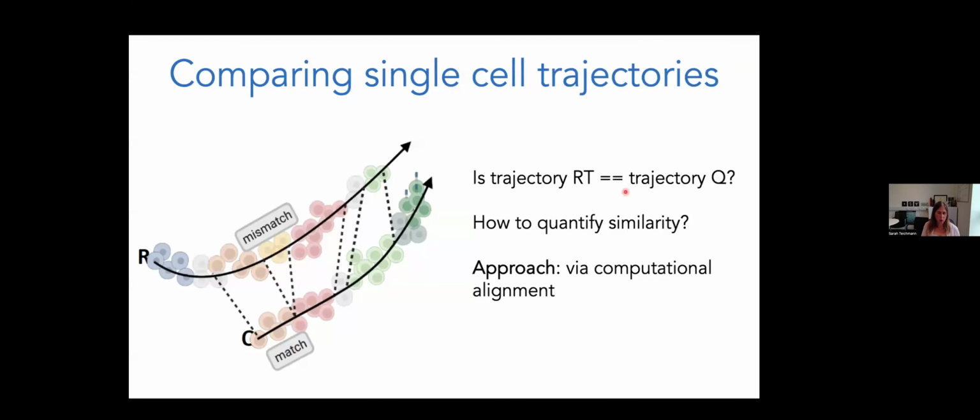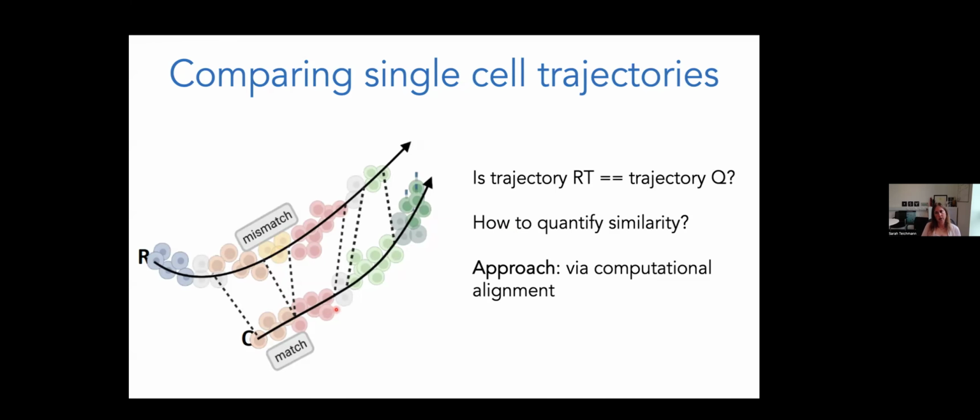How can we quantify that using data science methods? Well, one tool that's really useful for this is trajectory alignment, and basically it's quantifying the similarity in cell states in the in vivo trajectory, for instance, versus the in vitro trajectory. Of course, this could also be healthy versus disease trajectory, or rodent versus primate cell trajectories, and so on.